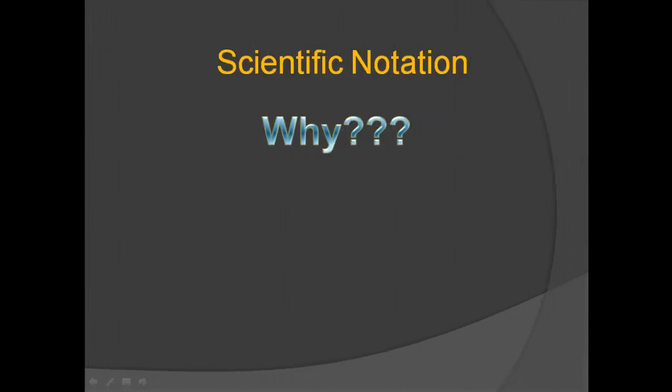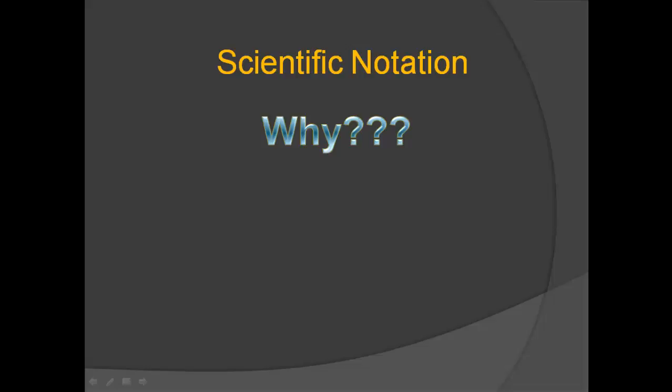Hi everybody, today we're going to talk about scientific notation and how to put numbers into and out of scientific notation. What is the purpose of scientific notation and why do we use it? Well, the main reason is because when we have to deal with huge numbers or very, very small numbers, it's very tedious to work with those super long numbers. It's very easy to make mistakes when you have a bunch of zeros. So to compress and condense those numbers down and make it easy for us to report those numbers,